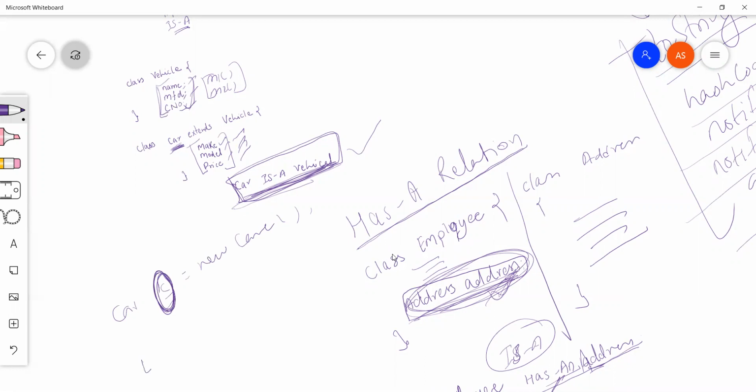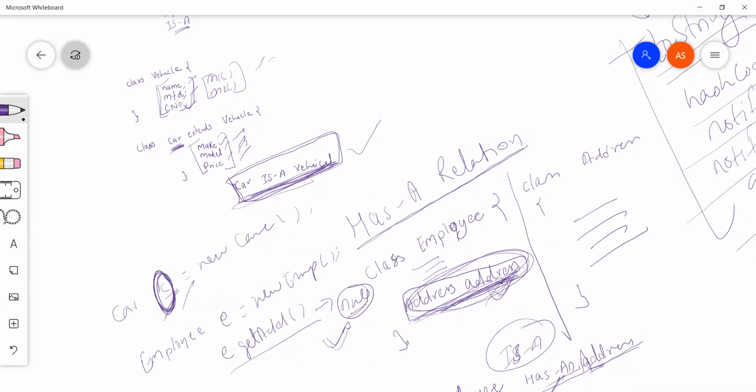Now if I say Employee E equals new Employee, right? And I'm not going to use it. So if I say E dot getAddress, for example, from this default behavior, what we will get is null. But yes, if we have set all the information in this object, then we will obviously be able to get it. But in this case, whatever we have in the parent will be available to this C object. Does it make sense?